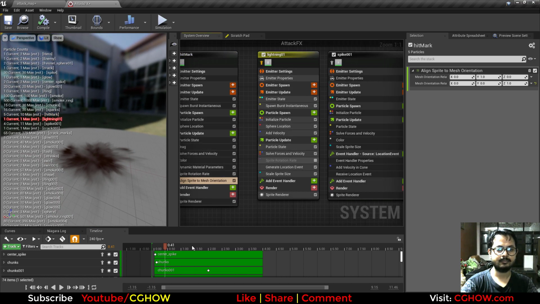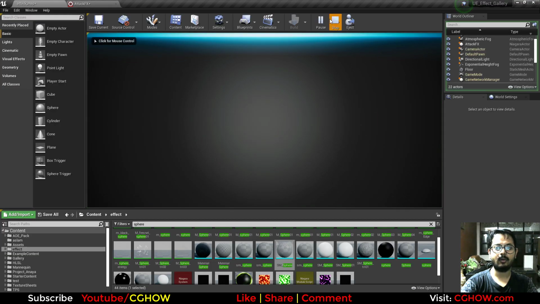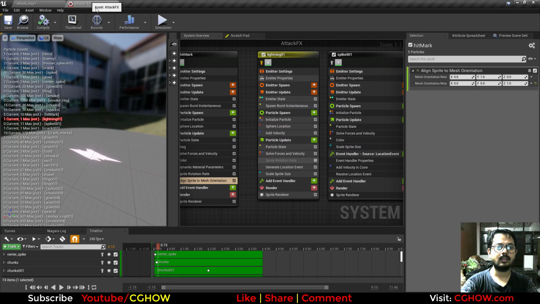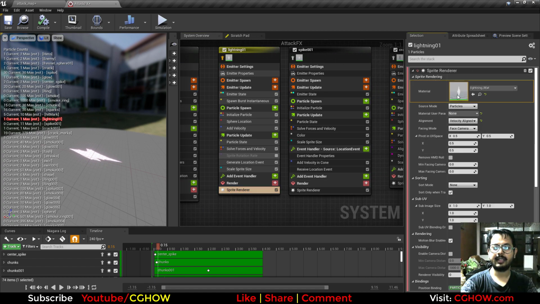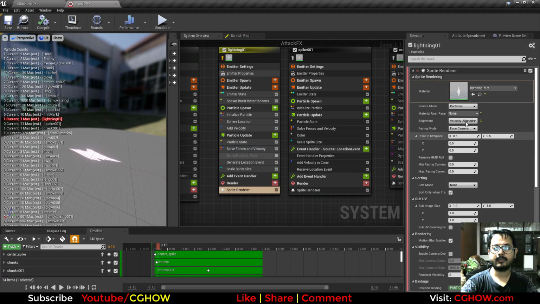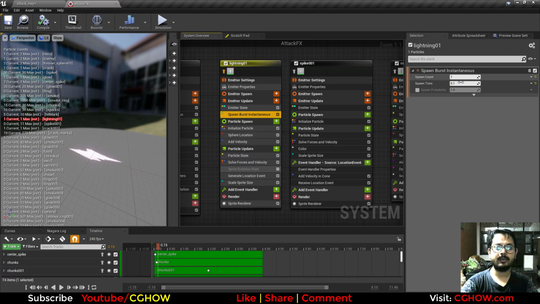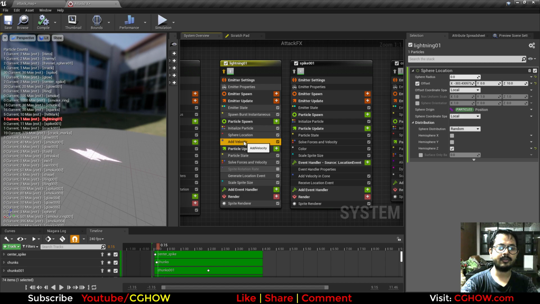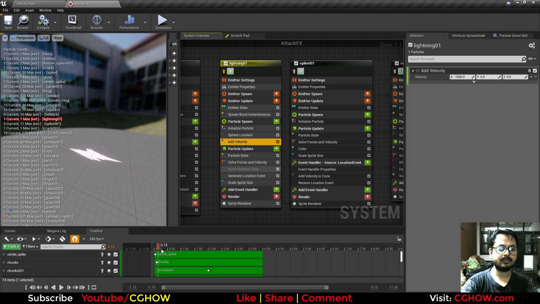Then lightning. This is lightning that's shooting, so now we have it on our projectile. So first emitter, this shooting lightning. For this I have this texture, very simple material, just connected to opacity. Velocity align, spawning one particle with some delay, and life is 1, color is pink, sprite size is x 100 and y 161. Sphere location to offset, and velocity on y, so it's just x is going to minus x,